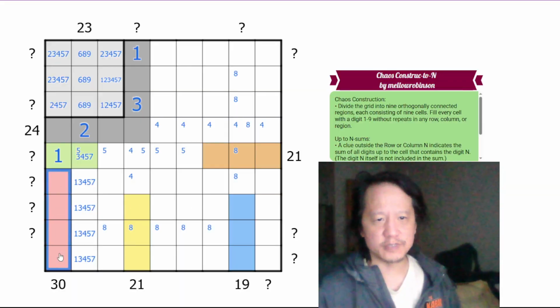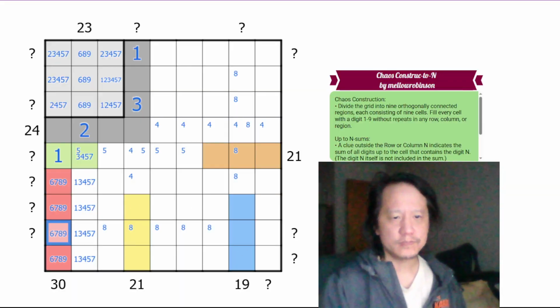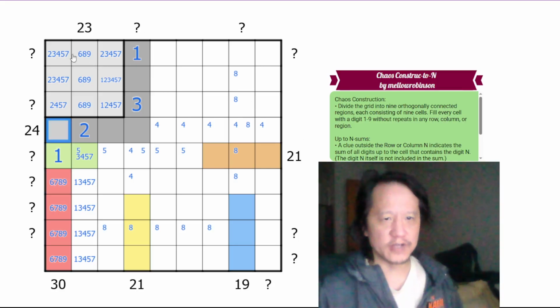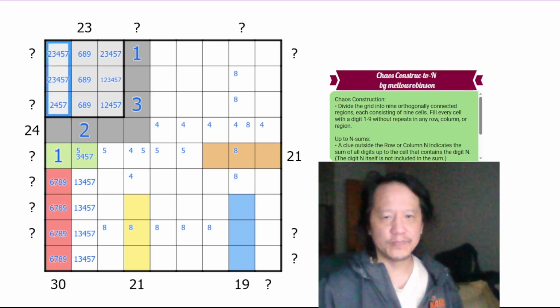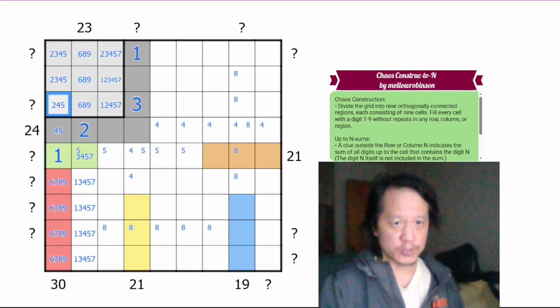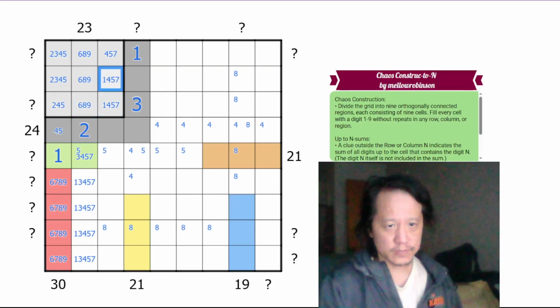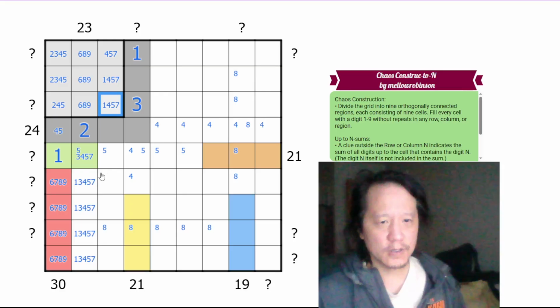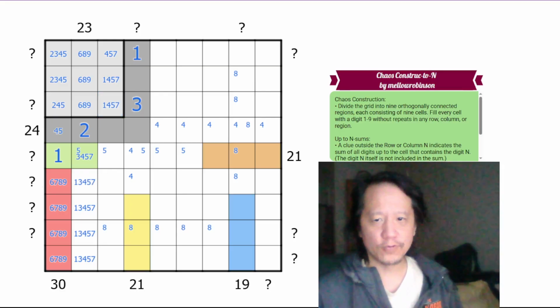This means this has to be 6, 7, 8, 9. Which eliminates 6, 7, 8, 9 in the rest of the column. So no 7, therefore this must be 2, 3, 4, 5. Cannot be 2 or 3 because of the 2, 3 in the region. So this is 4, 5, which means 2 or 3 has to be here. So this cannot be 2 or 3 in the rest of the light region. So red is done there. This is a separate region because